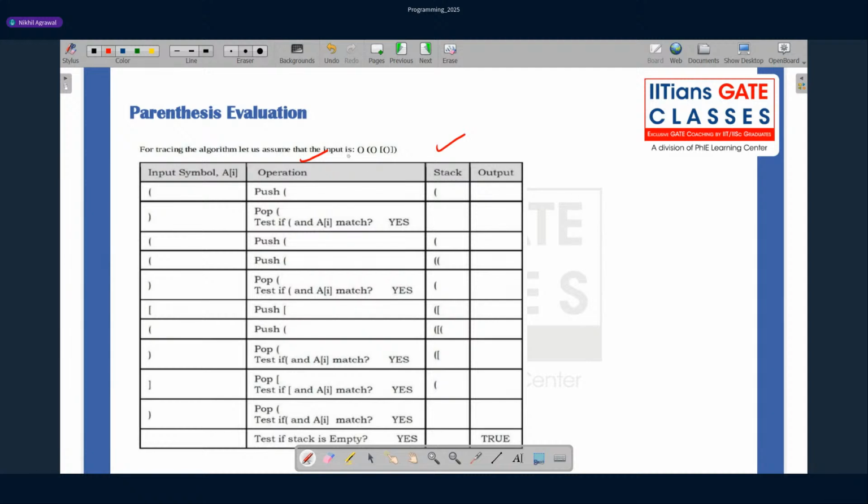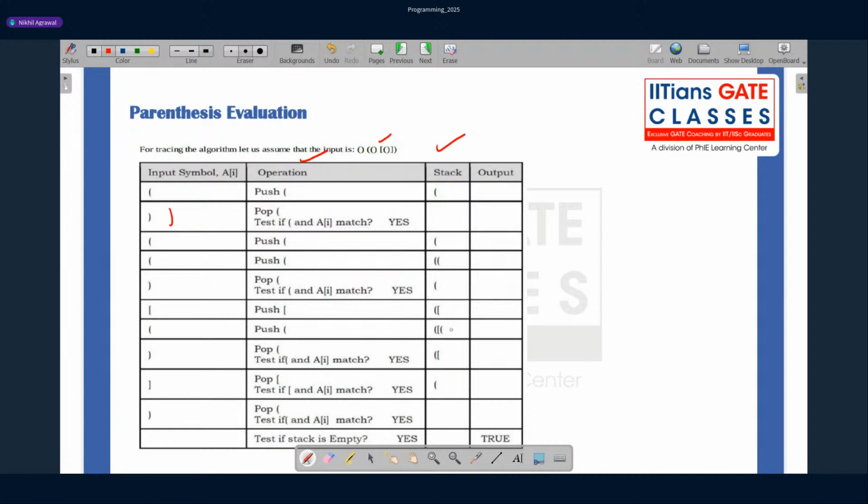So again, quickly. If it is an opening bracket, push it onto the stack. Now a closing bracket, so we'll pop it, it's matching, so continue. Now we are here, it's an opening bracket, so push it onto the stack, then again opening, push it onto the stack, then we have a closing bracket. When we get a closing bracket, we check the pair, and if this is matching, yes. So now what does my stack look like? Only one part. Now we have this open square bracket, so we'll push it onto the stack.